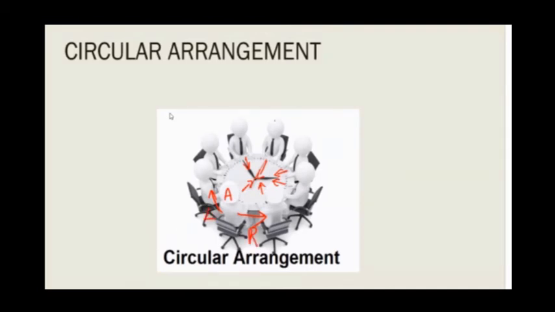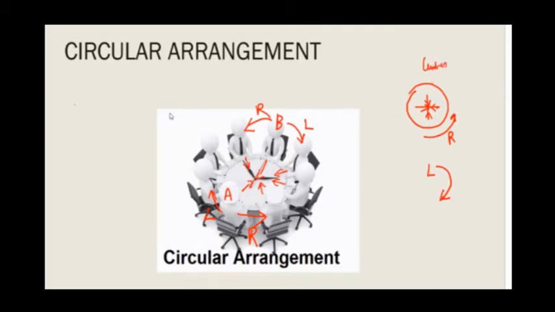Whereas if I take this person B, this is going to be his left and this is going to be his right. So one simple understanding with respect to a circle is this: whenever I say right, you will be going anti-clockwise when they are facing the center. Whenever I say left, you will be going clockwise.